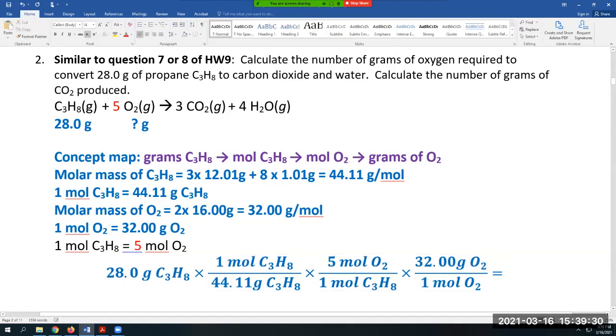Okay, so in the calculator, you do all numerators together. I like to multiply all numerators together. So 28.0 times 1 times 5 moles of O2 times 32.00 grams of O2. And then you divide by each denominator. And here there is only one denominator worth typing here. It's the 44.11. So divided by 44.11. The calculator answer is